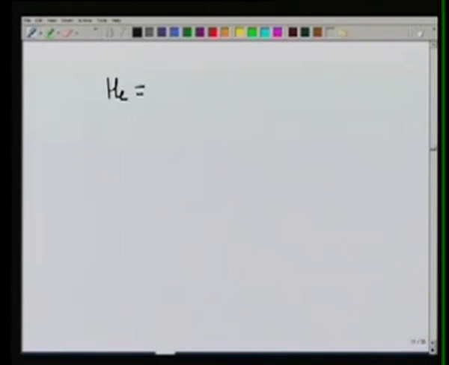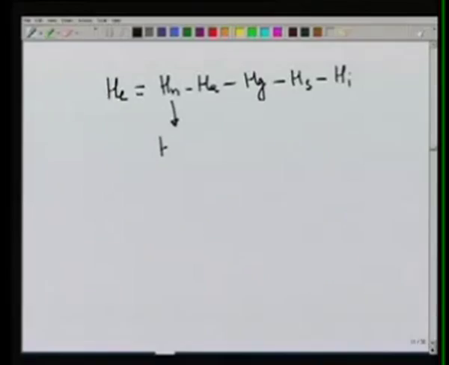So let's rewrite the equation. Net radiation coming in, loss to air, to the ground, storage, and advected out. The net radiation coming in will depend on what is the total radiation coming in and what is the reflected back radiation. So we can write this as Hc into 1 minus R. Now this Hc is incoming total,